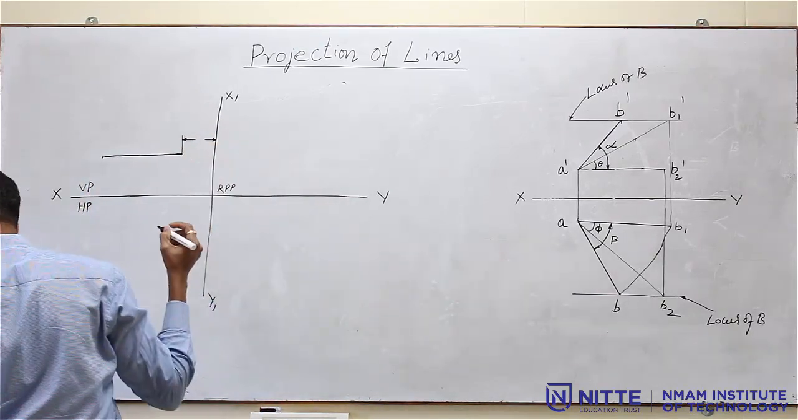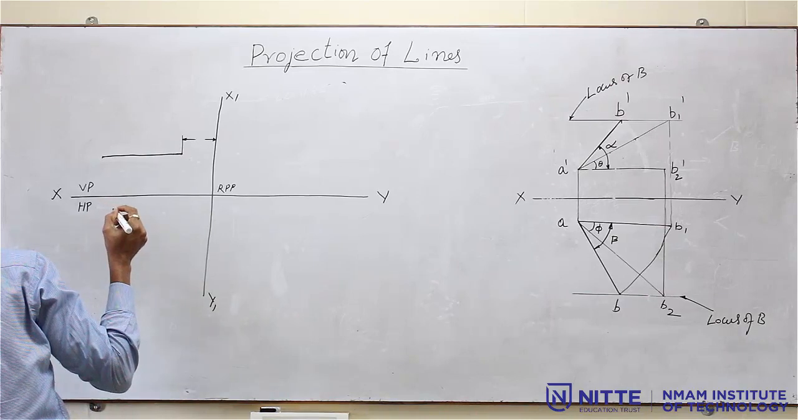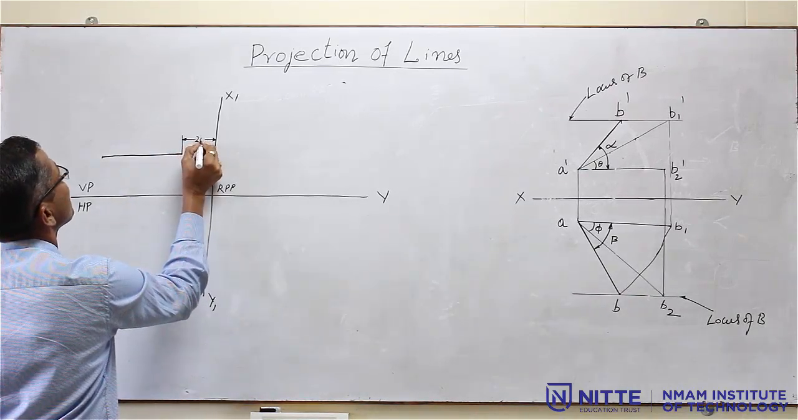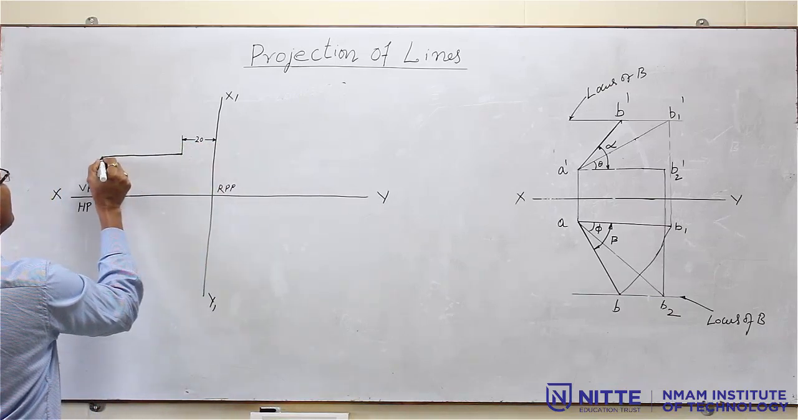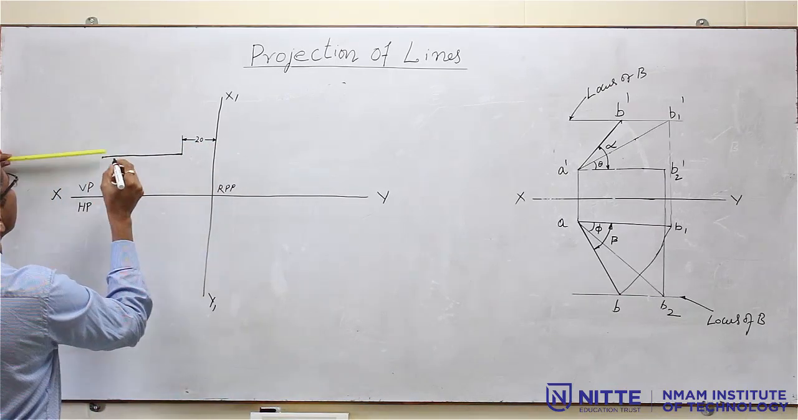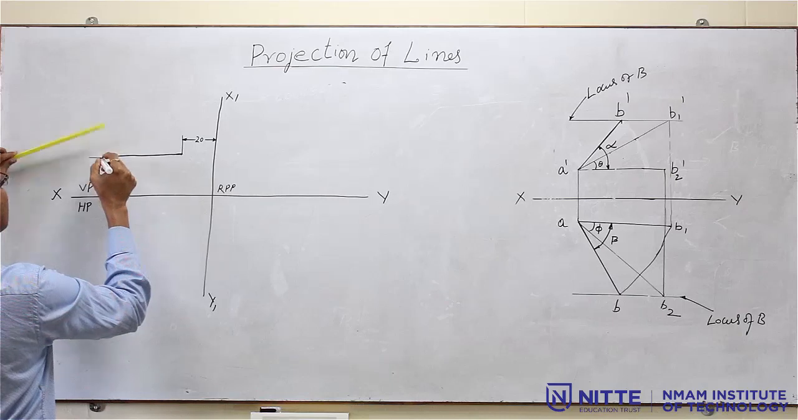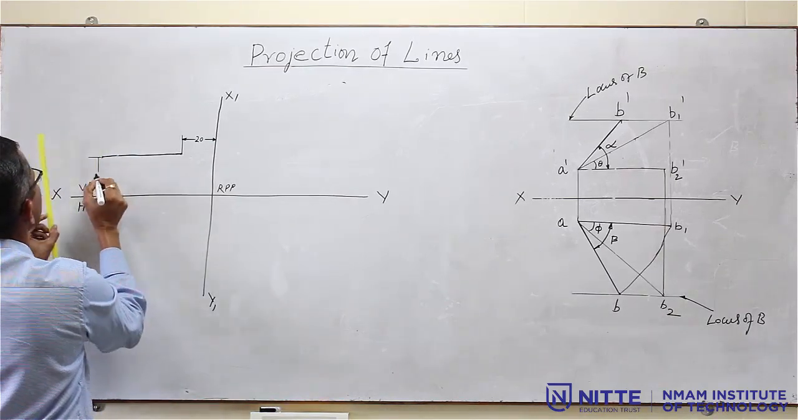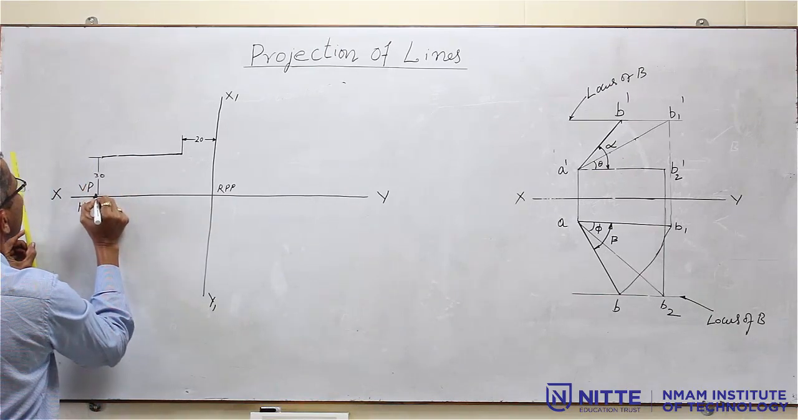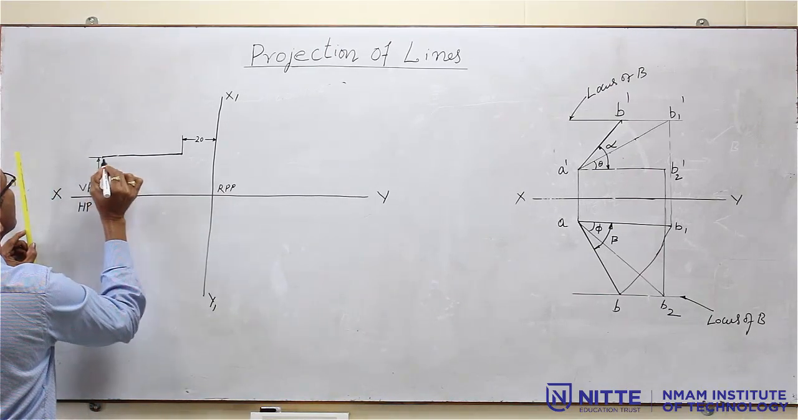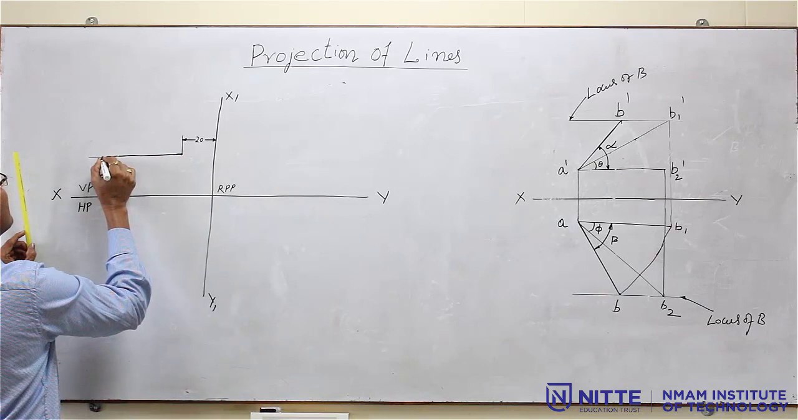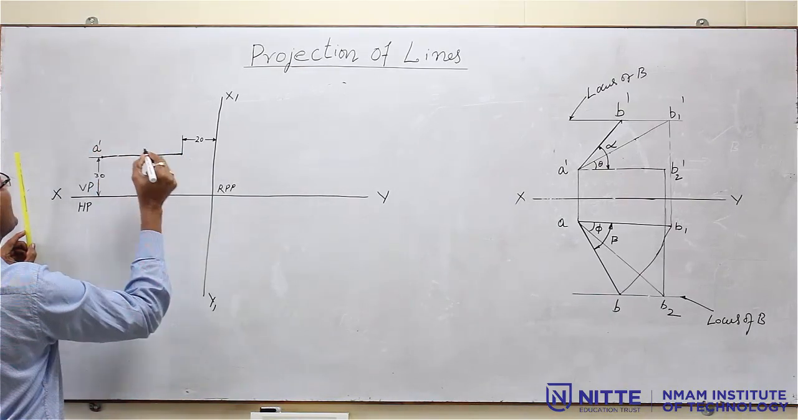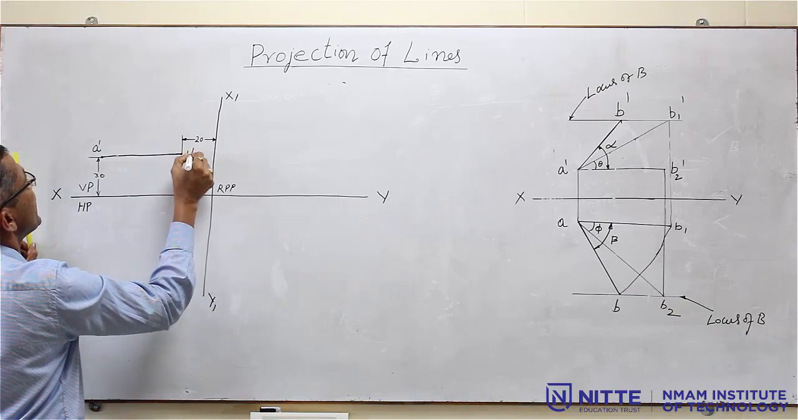From the profile plane it is 20 mm, one end of this is 20 mm, that means this distance is 20 mm, and above HP distance is also given. It is 30 mm above HP, and length of this is 50 mm. So, call this as A dash, B dash,